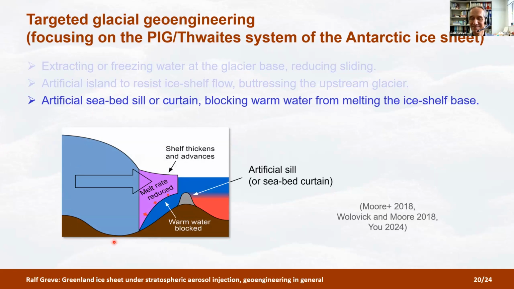So here is a sketch. This is from a paper by Wolowick and Moore 2018 that came about the same time as this commentary in Nature. So here it's still about a sill. The idea is, as I said before, we have this relatively warm ocean water coming in. That's the floating ice, the ice shelf. This might, for instance, be Thwaites Glacier. And the idea would be that this artificial sill blocks the inflow of warm water into the ice shelf cavity, so that the base temperature remains quite cold here, and thereby the melt rates under the ice shelf are